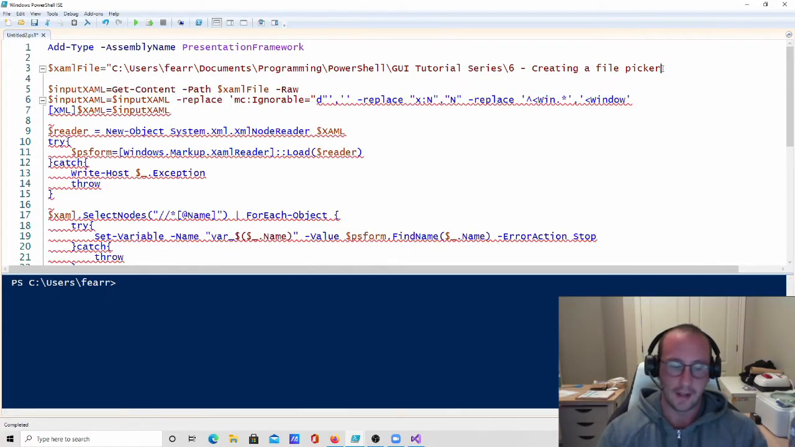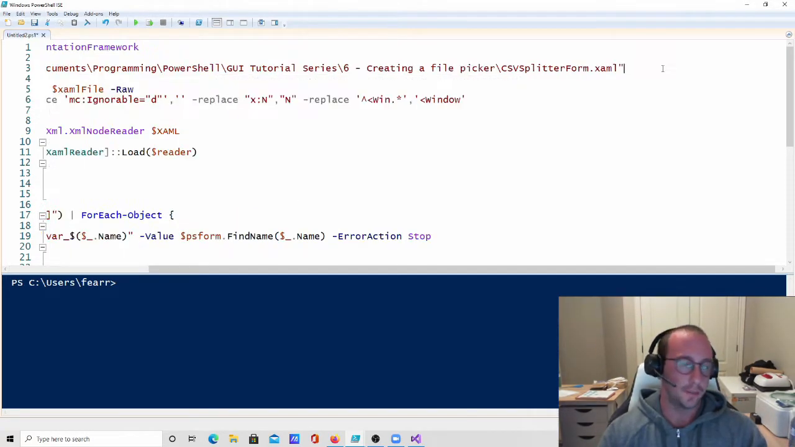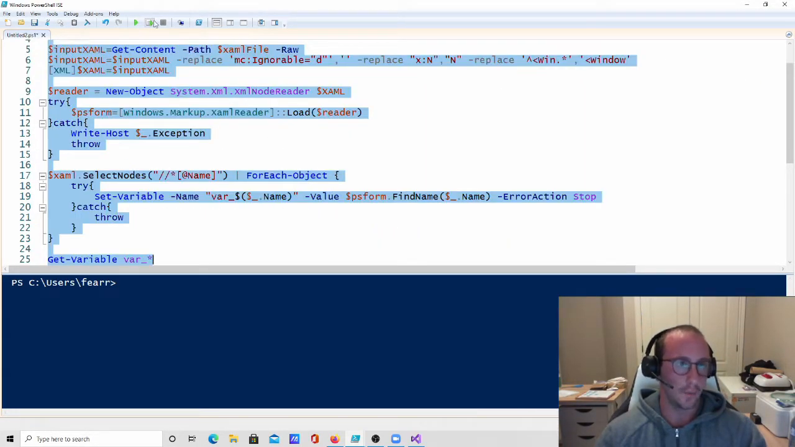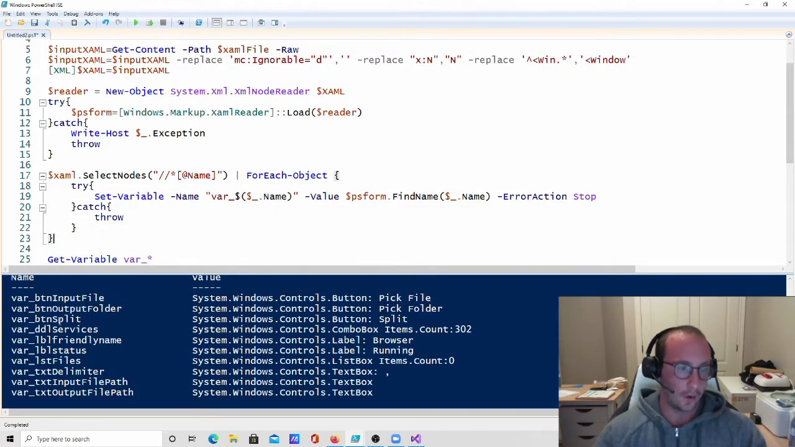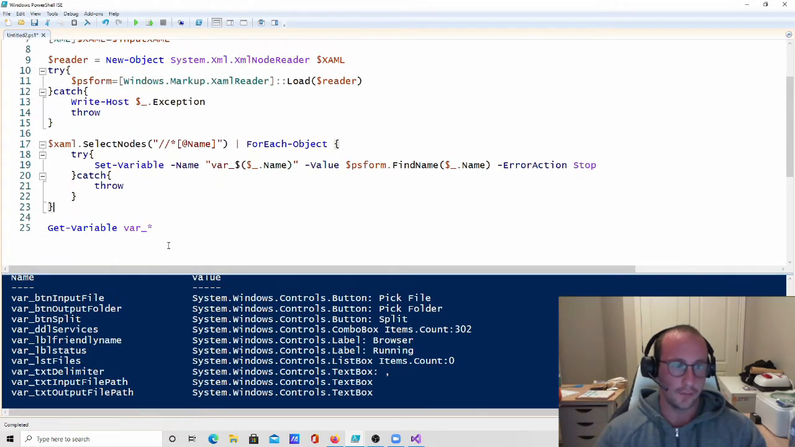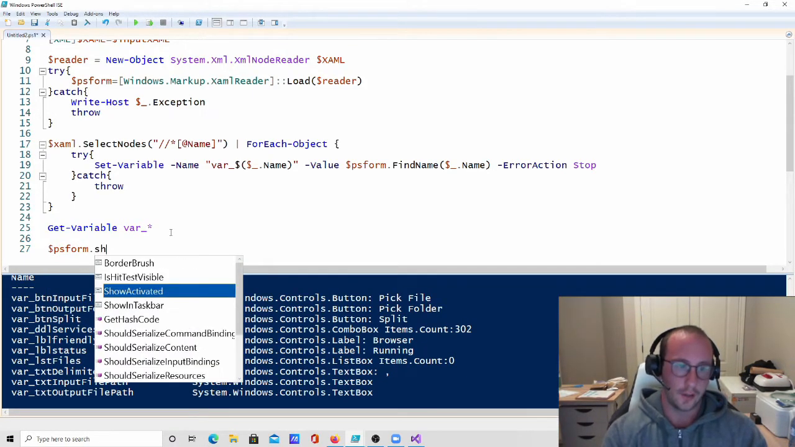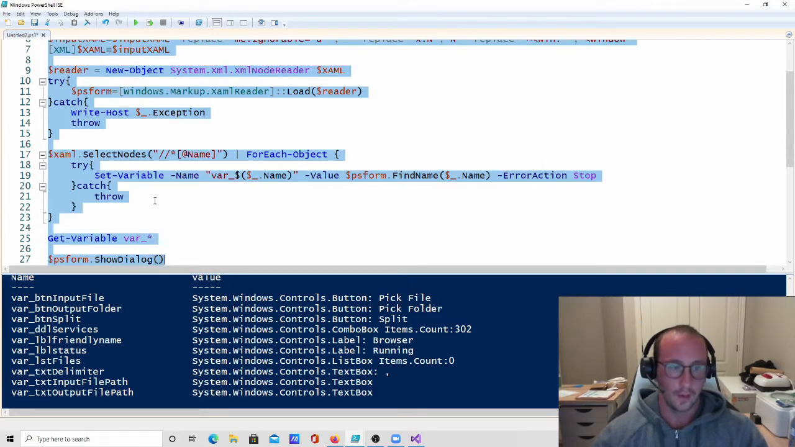Let's pick the correct file here, which is going to be CSV splitter form XAML. Once we have that loaded in, if we run this, we get all of our variables and we don't see a form. That's because we did not show the form. So if we do ps form dot show dialog and we run that again,